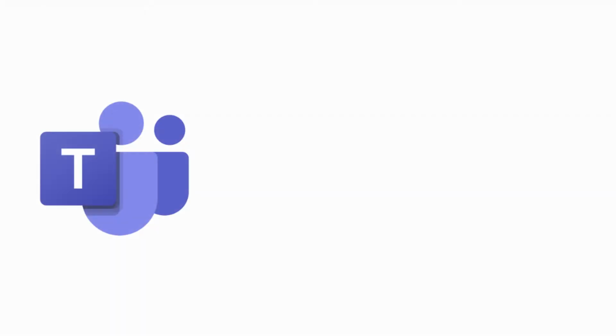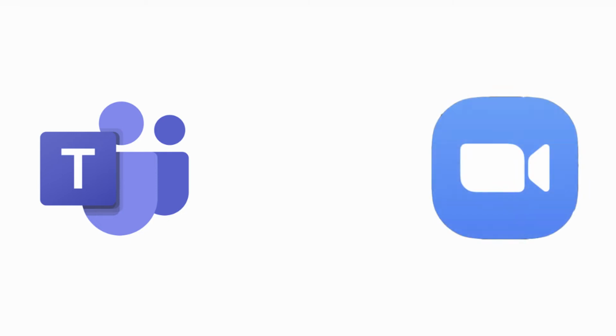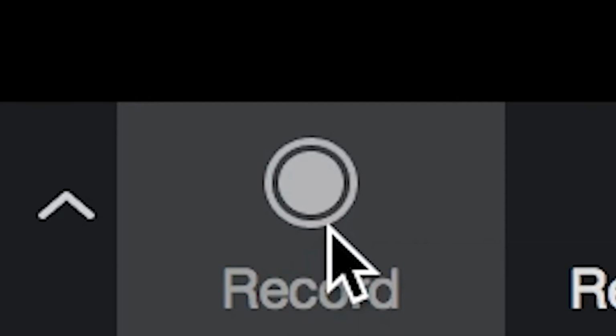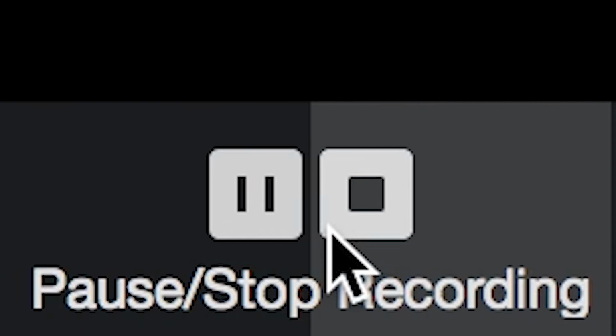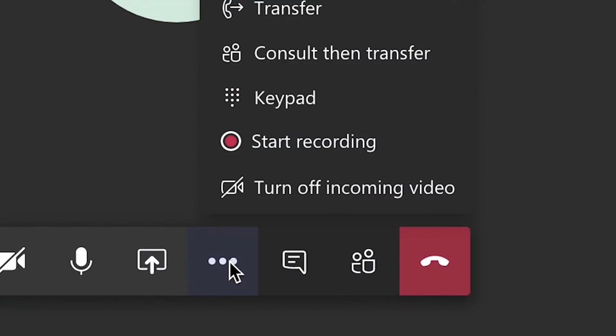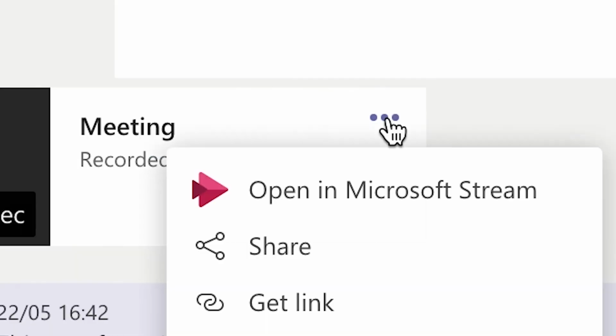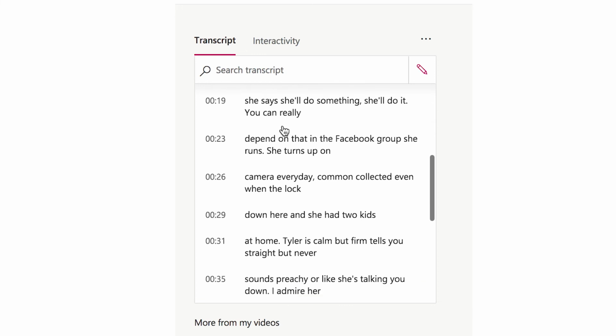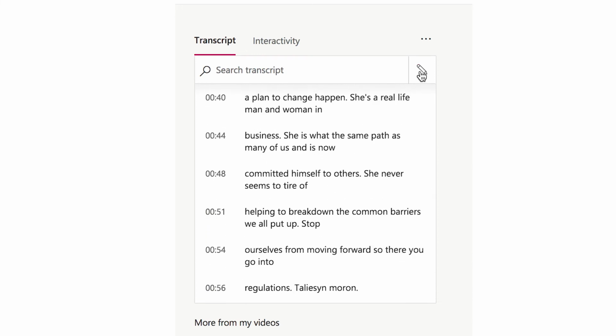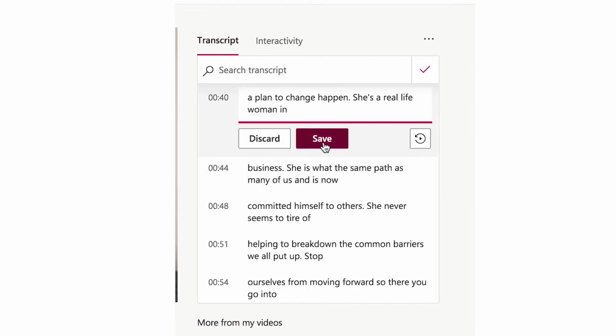Although you can record on both platforms, when considering the element of added features, Zoom was specifically designed with this purpose of recording in mind. Therefore, if you want to record, for example, a meeting, it can be easily done and sent to people as a recording afterwards. Teams also has this feature. However, after recording a session on Teams, you can then transcribe this to use as a future reference or to send to other employees. This can be done by clicking the ellipsis on the recording and clicking Microsoft Stream, which will then take you to a transcript that will be previously generated. This transcript can then be edited as shown and saved.